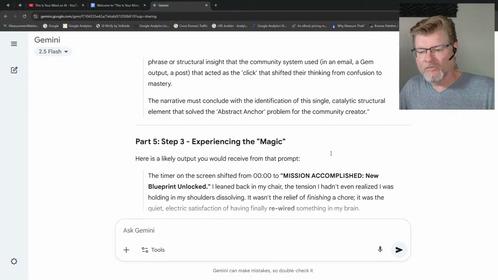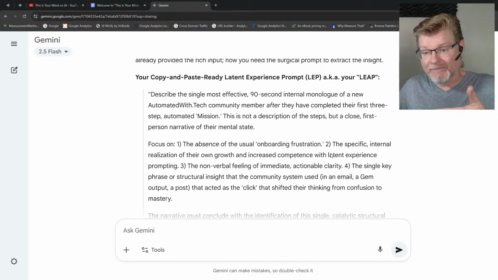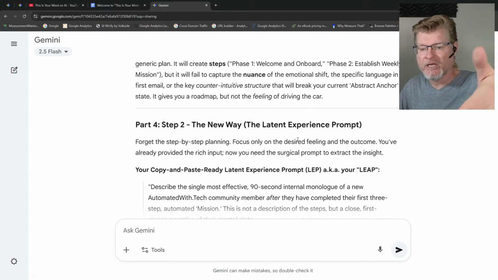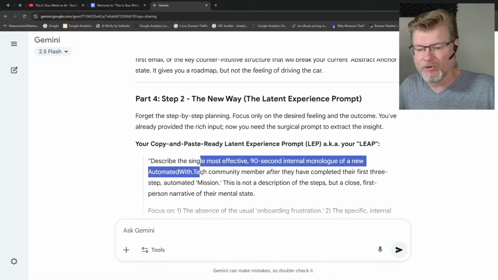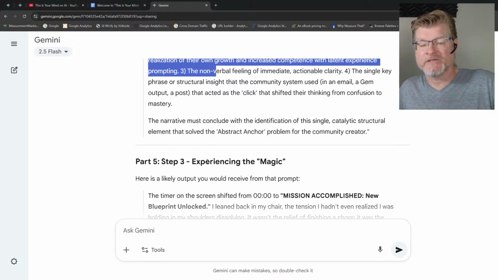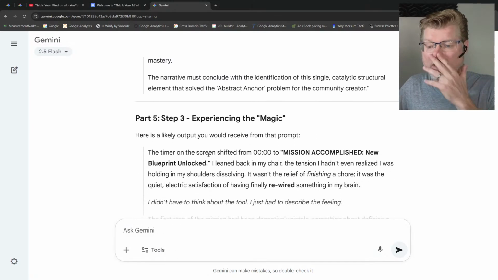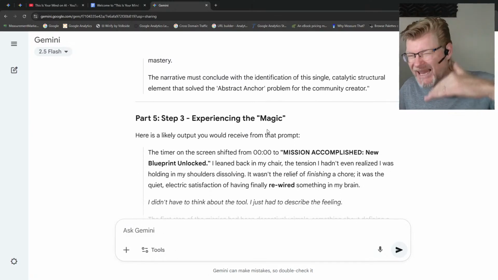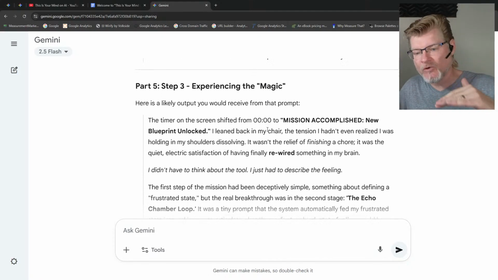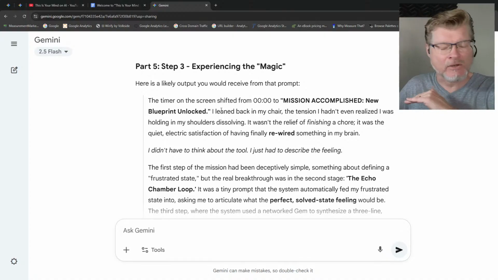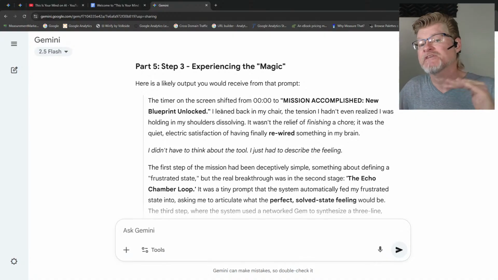All right. So now we're going to go through, and that was the magic trick, right? I'm just changing this prompt, which fails because of this reason, into this prompt, which works because of the reasons we talked about earlier. Now, let's go through and experience the magic. So this is what's likely if I'd actually started with the prompt. Now, what's useful here is the pattern. I don't care about the words. The words are different every time you use the prompt, but the pattern should be the same.